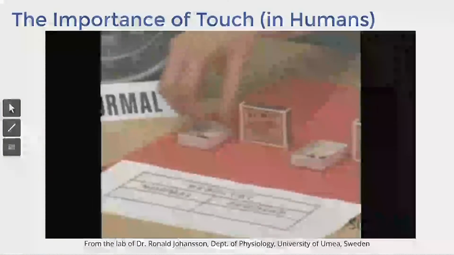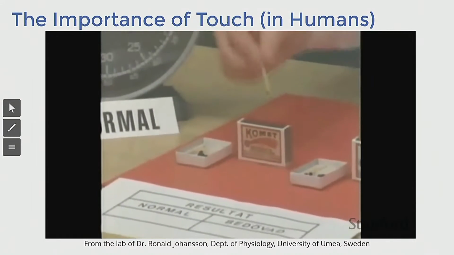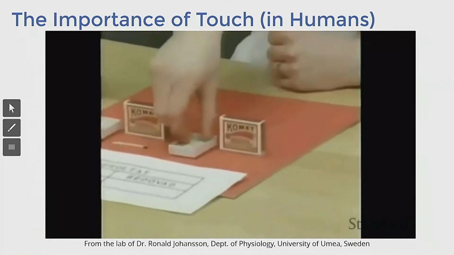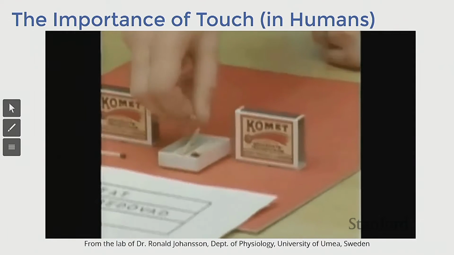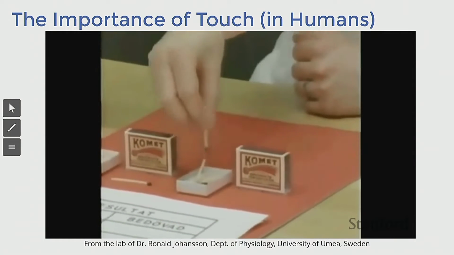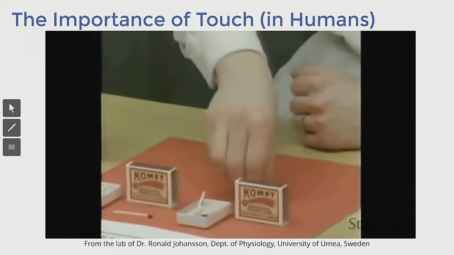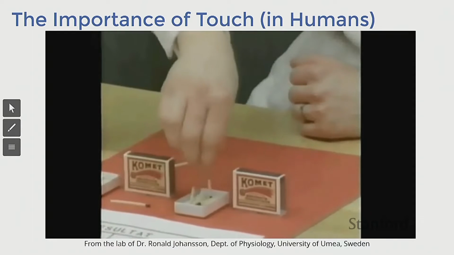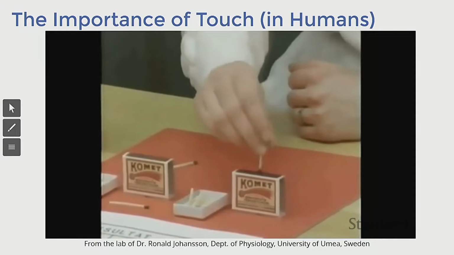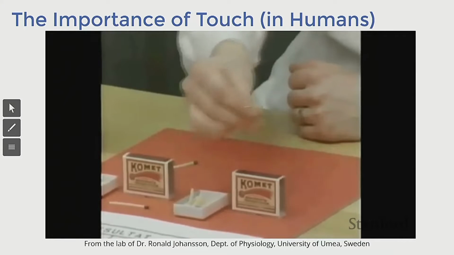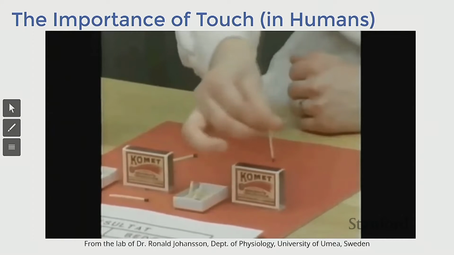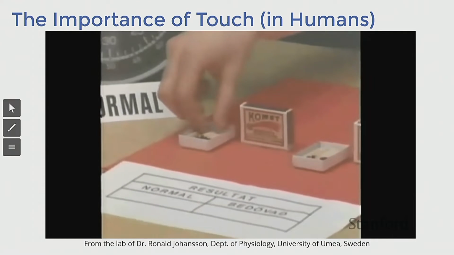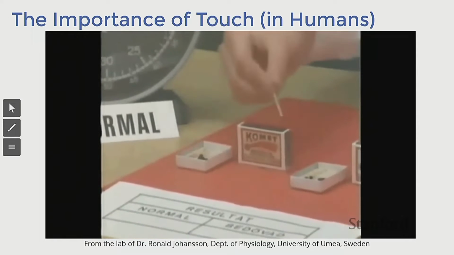And here is a very famous video from the department of Ronald Johansson, where they would essentially ask people to do very simple tasks, like lighting a match, and then they would anesthetize their sense of touch while keeping their motor control capabilities. And what we can observe is that humans, all these subjects, would immediately lose the capability of doing this very trivial task. And this is really an indication of how heavily the motor control policies that these people are using actually make use of touch, and how hard these tasks are without.